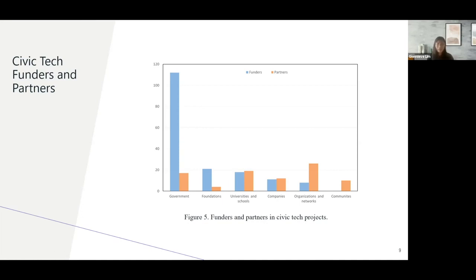But yeah, if more organizations and a diverse set of stakeholders can offer resources, then it would surely propel CivicTech